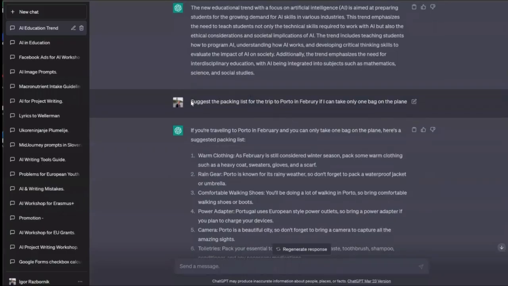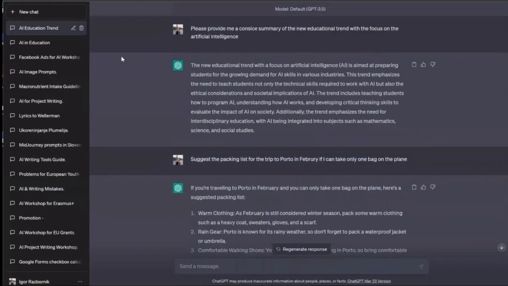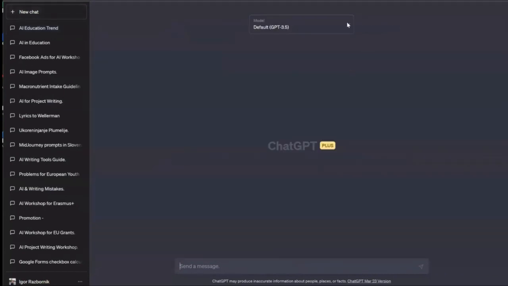So what I want to show you here is, if I take just the packing list for the trip to Porto in February, what is the difference if you are using it with ChatGPT-4, which is a much more advanced tool?